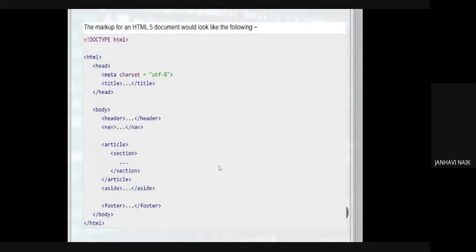All the things we have already seen. Some important things like header, article, these are some new elements which have been inserted. Now, two lines which are important: the very first line, that is doctype HTML, which means that it is a document type declaration, and meta charset equal to UTF-8. UTF-8 meaning is what? Universal transfer format.